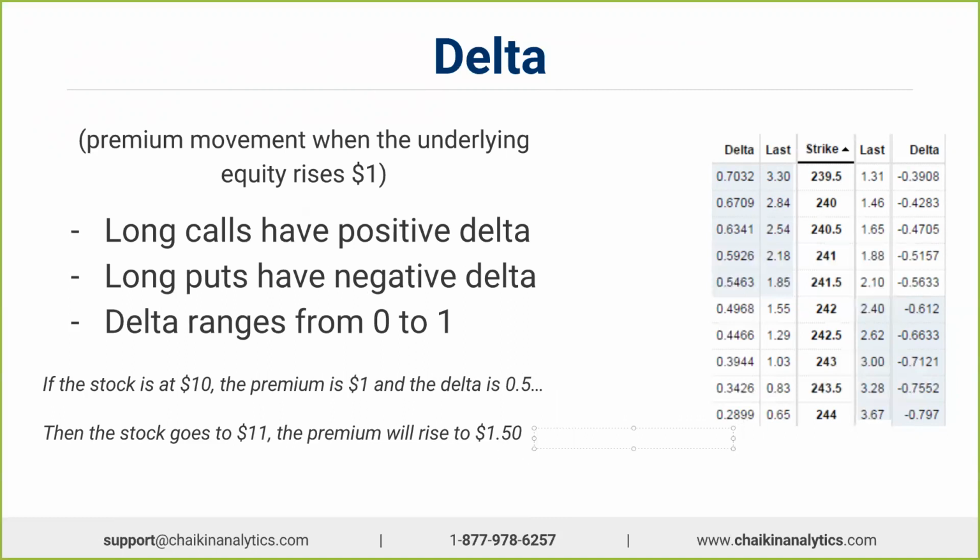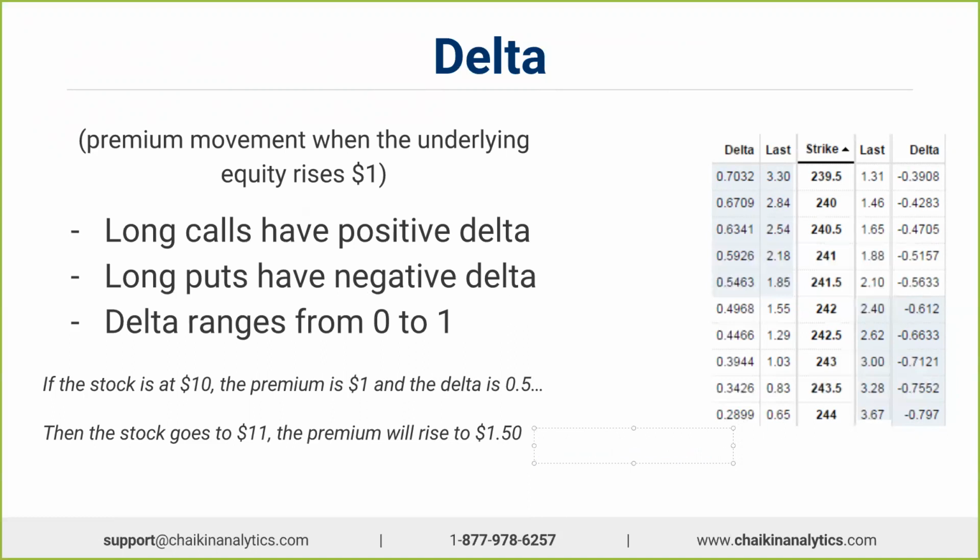So if the stock rises to 12, then the premium will go up to 2, another 50 cents. Now, it won't work linearly like that. And when we get to gamma, we'll see how gamma affects it. But delta tells us generally how far up or down we go, which gets us to Stephen's question, which is